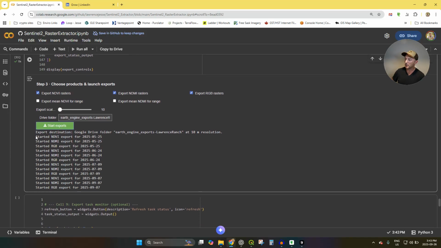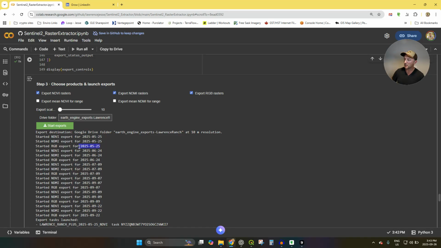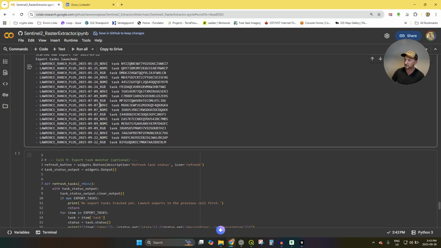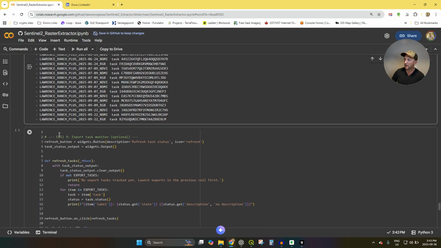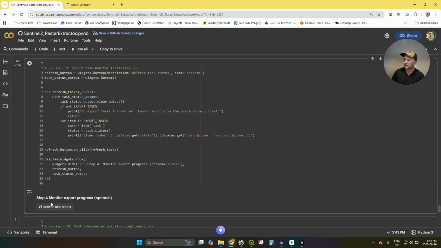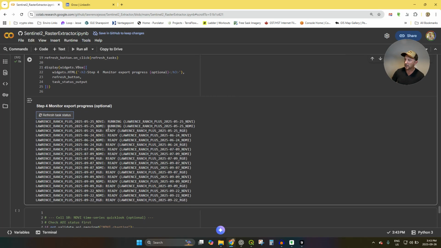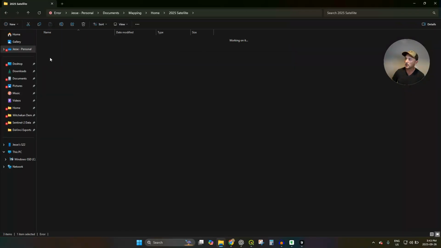Right, so it started the export for the May 25th triplicate, like the 3 versions, right? Then we got the 3 for June 24th, July 9th, September 7th, September 9th. So it's doing all that. And then this next cell, you run it and hit refresh, and it'll change these to complete when they're done. And then you basically go to your Google Drive, and you can download a whole folder of